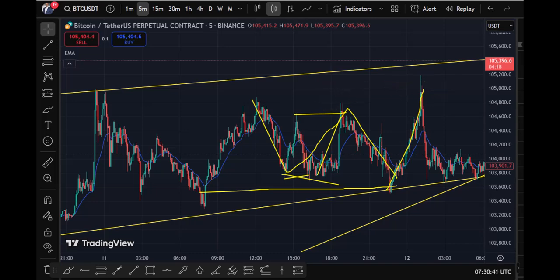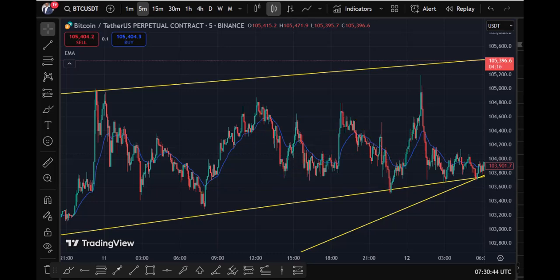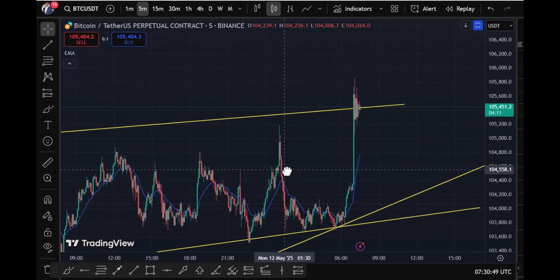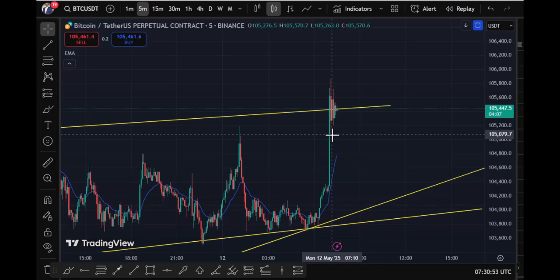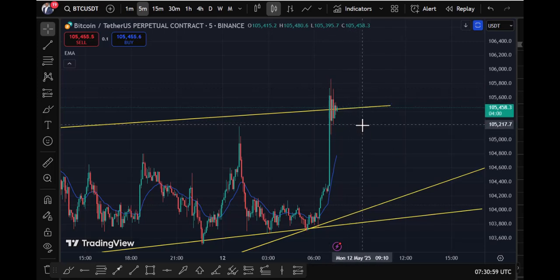All right, so at this point now we are waiting for the market to give us a strong close at this point. You can see it's just dangling, but you can see even 5 minutes has closed above this, so that tells you that the momentum is very high. The bulls are back and they are very, very strong. But this is not part of our trading strategy. We are not jumping in there.